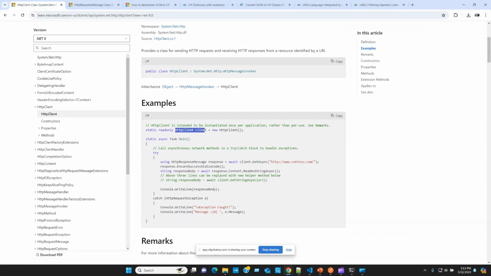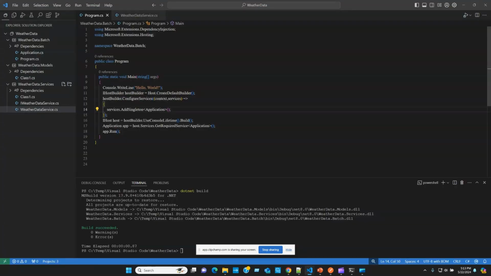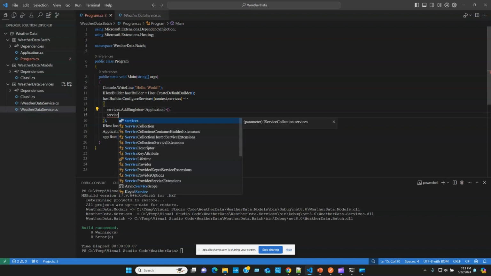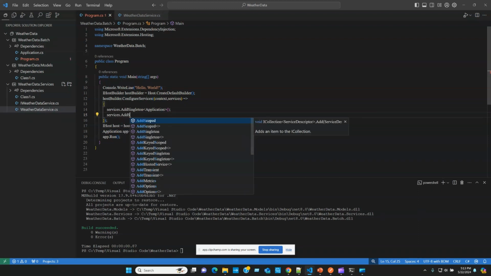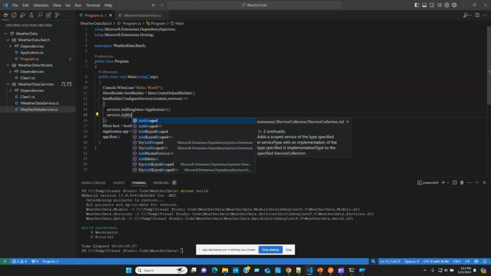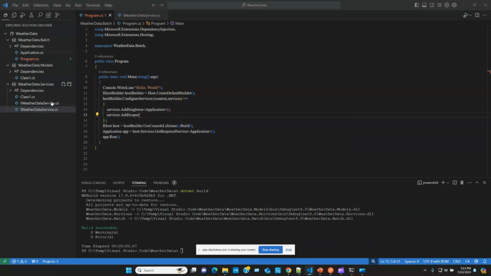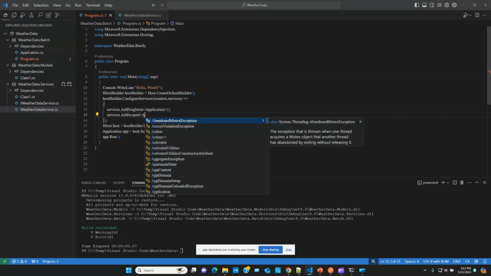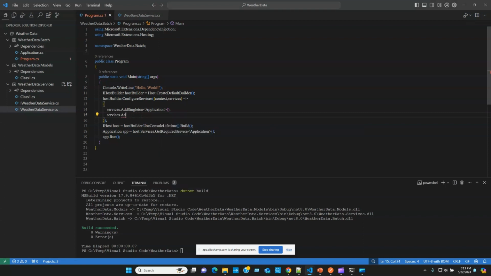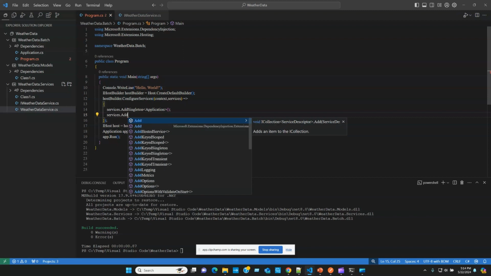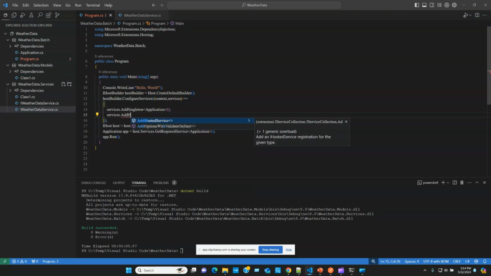We need to create an HttpClient object, the first step. But in our case, we're not going to create an object using the new keyword. Instead, we're going to use dependency injection. So services.AddScoped. Yeah, we're going to use scoped. And then here, it should not be AddScoped. If HTTP comes as a function, so HTTP,